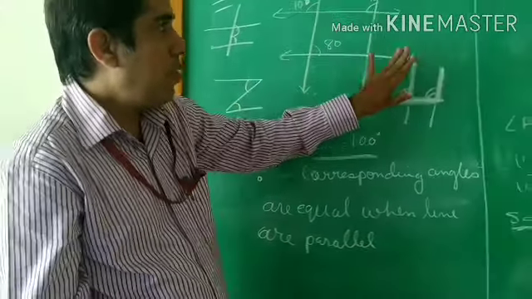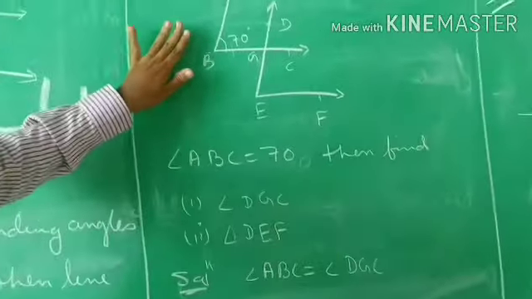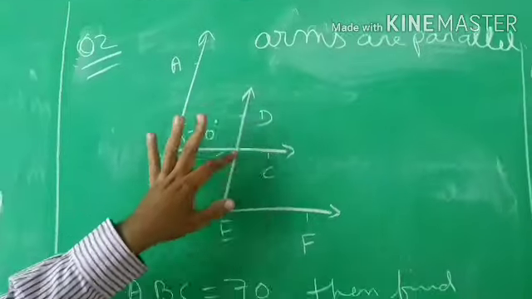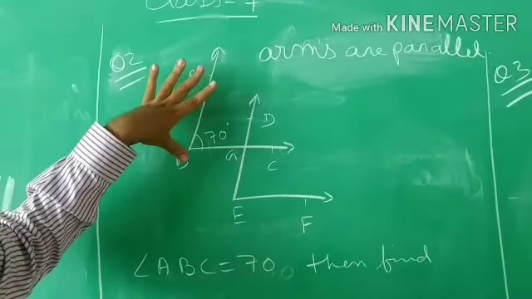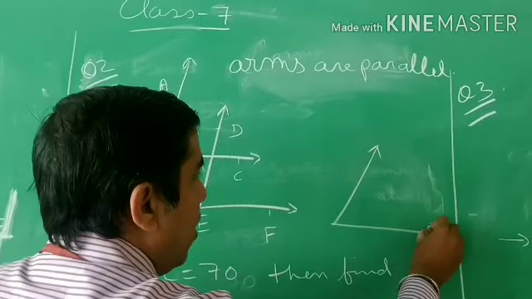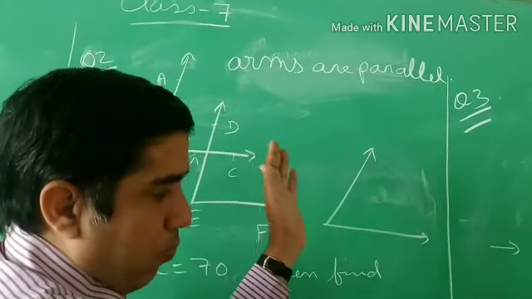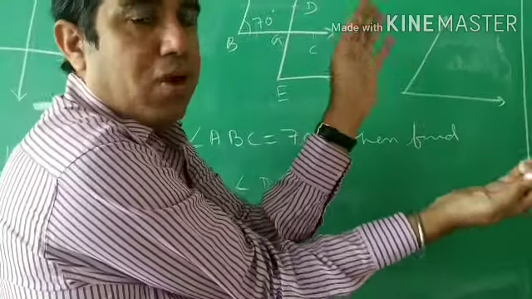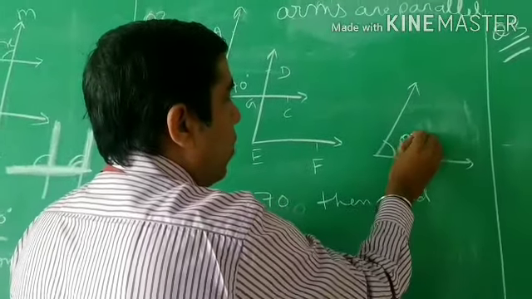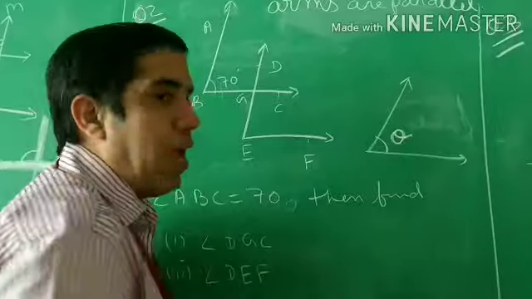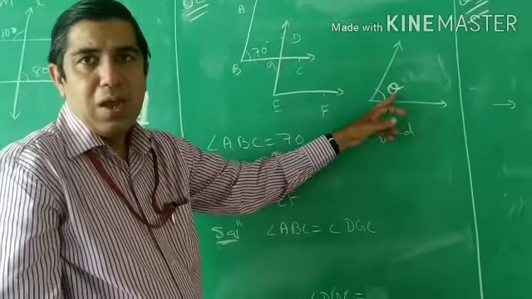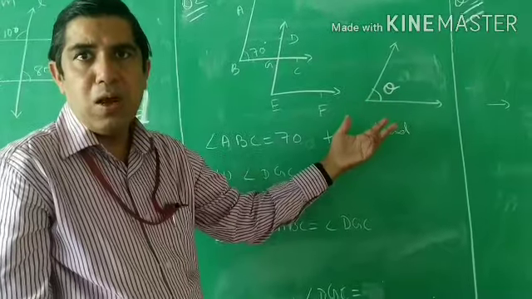Next problem I am discussing similar like this here. Here arms are given parallel. What is the meaning of arm? Arm is actually this. This is one arm of an angle. This is two arms when combined. My hand arms you can see. Two arms will combine, it will form an angle, so it is called arm. So this is an angle. Actually we show the angle by theta. In higher class you will learn this. Theta is used for any unknown angle.